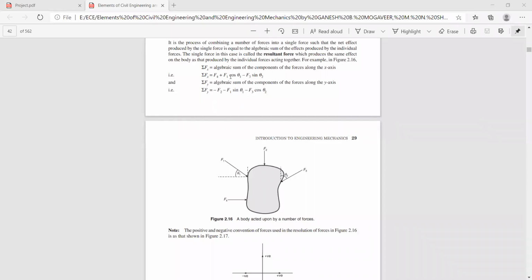Now, you can calculate the algebraic sum of forces acting along the x direction and the algebraic sum of forces acting along the y axis. Now, if you take the reference axes x and y,